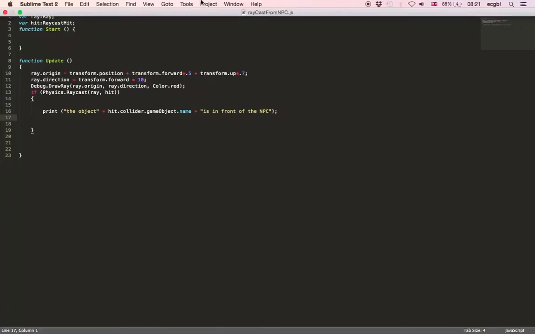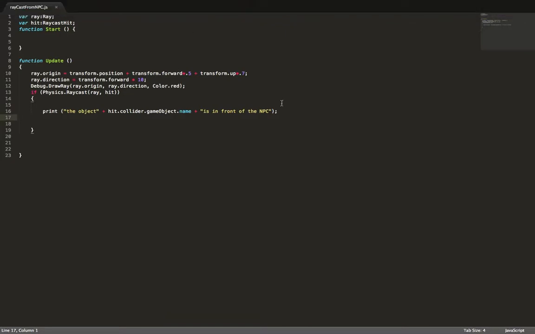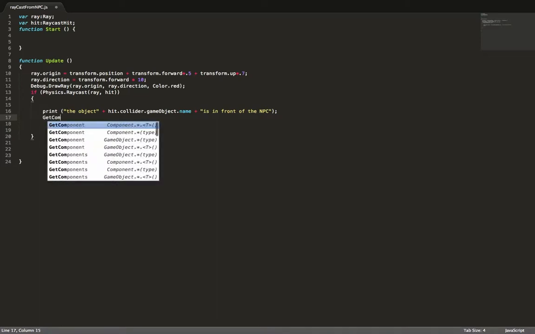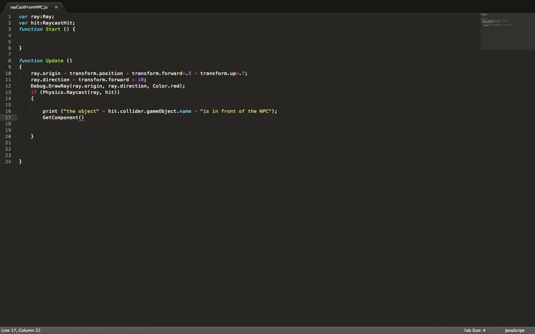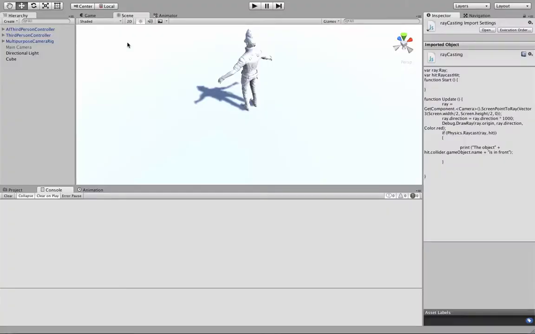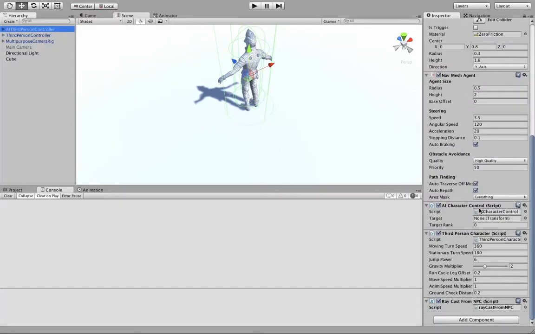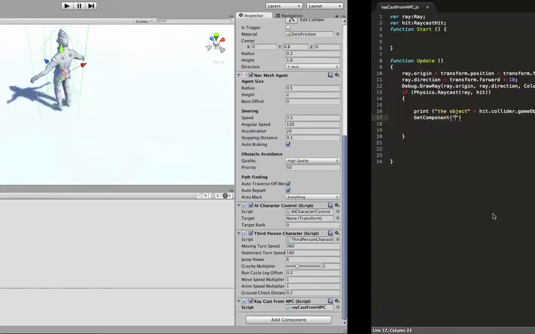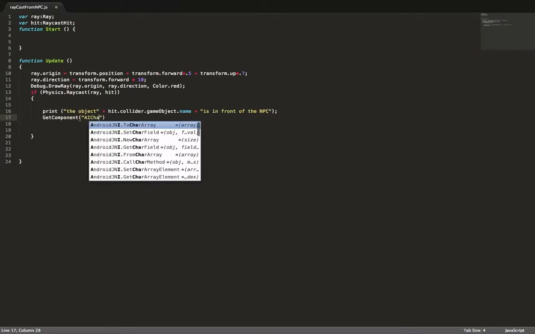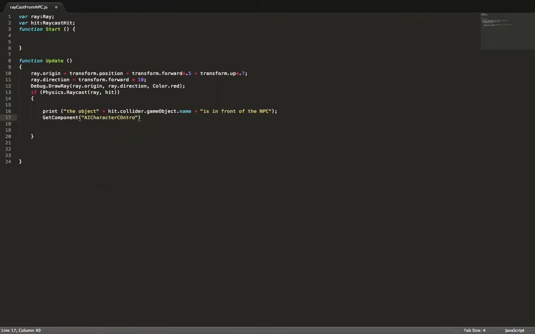So again, if I go on my script, what I need to do is, in case the player is walking in front of the NPC, I need to go to the script that is managing the target for the NPC and specify that this target should be the first person controller, or the third person controller, which is the player basically. So again, go to get component, and then we just make sure that we get the corresponding component, which is the script. So again, I'm just checking the name of the script. It's called AI character controller. This is the script that will actually control the target. So again, get component AI character controller,